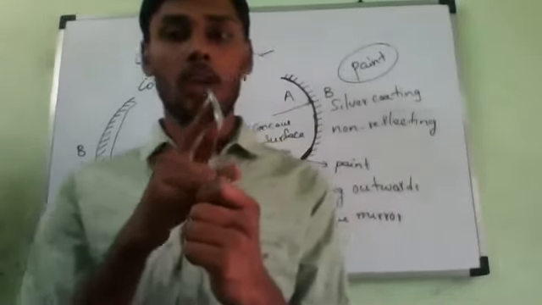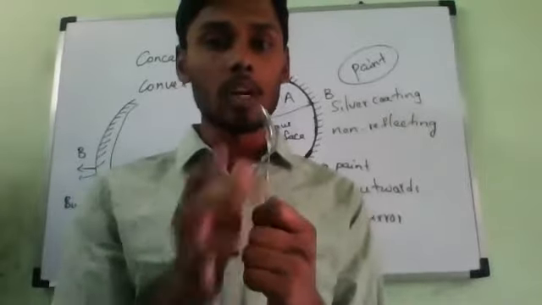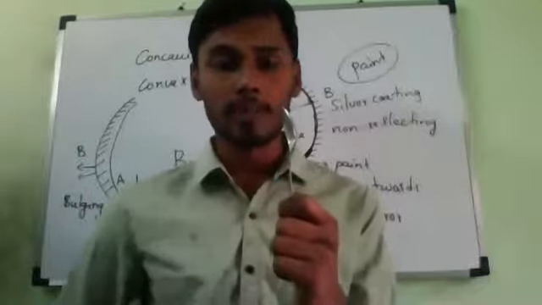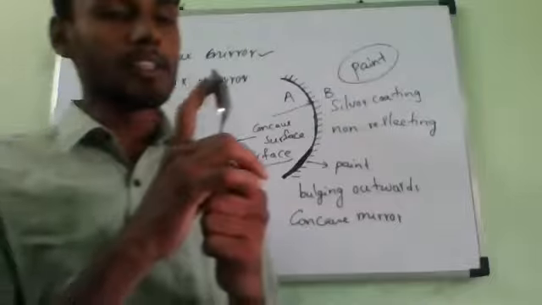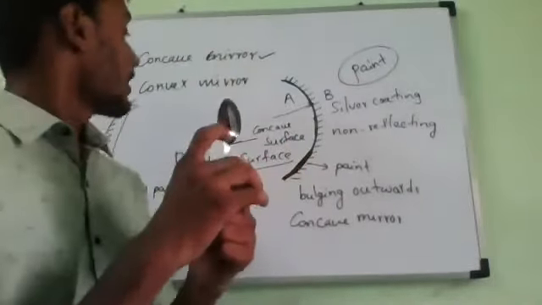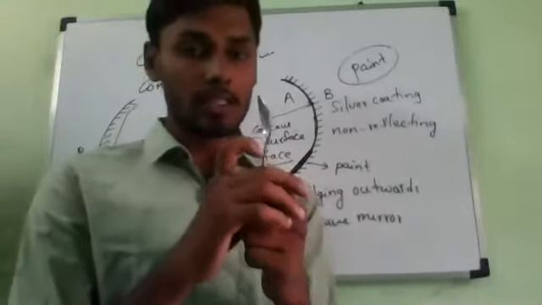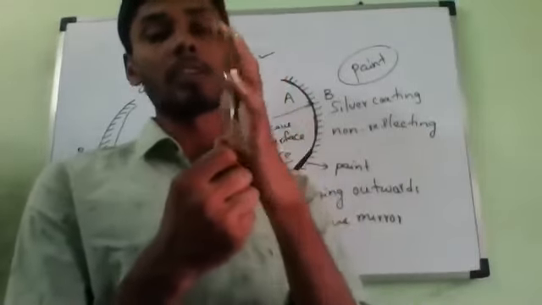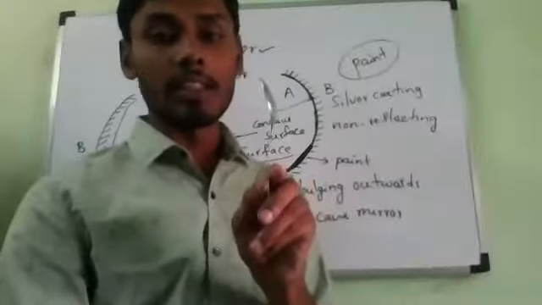The surface is called what? Just imagine, is it a concave surface or a convex surface? Concave, sir. Concave surface. This is a concave surface, or a bent in surface, we used to call it. Is it correct or not? Bent in surface from the side view. And this bulging out surface, what do we call it? Bulging out surface. We call it convex surface. This is a convex surface, and this is a concave surface.